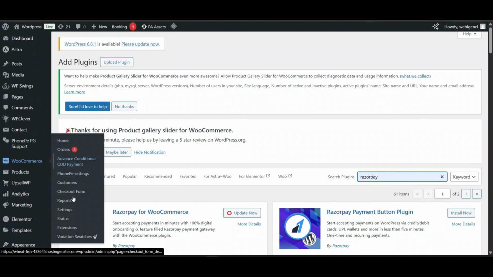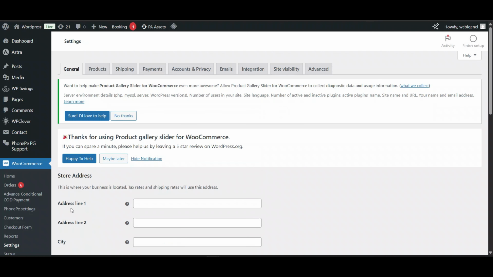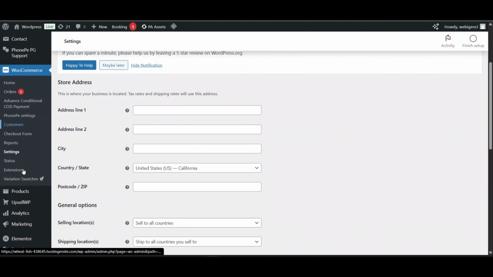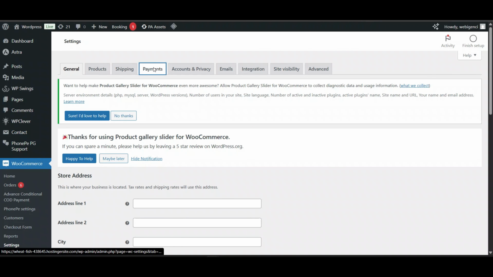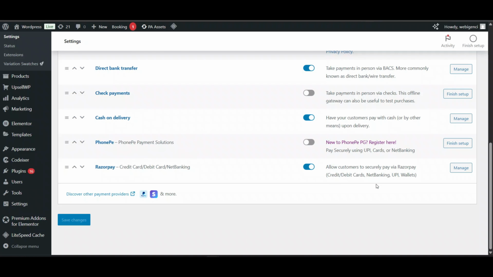After installing, whichever payment gateway you are using, I have created a specific video per payment gateway. You can watch that. I've added the link in the description. You can watch that as per your need if you have any confusion. Now in the payment option you can see the payment gateway name. After creating an account, here you can see Razorpay.